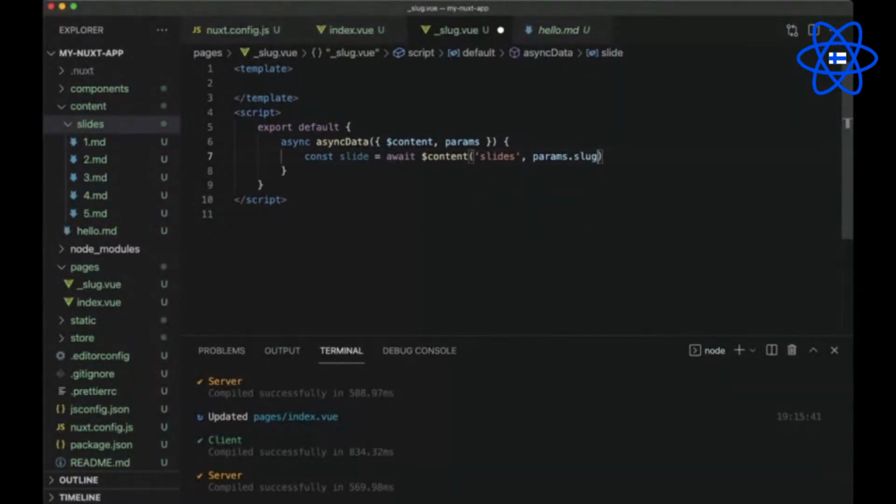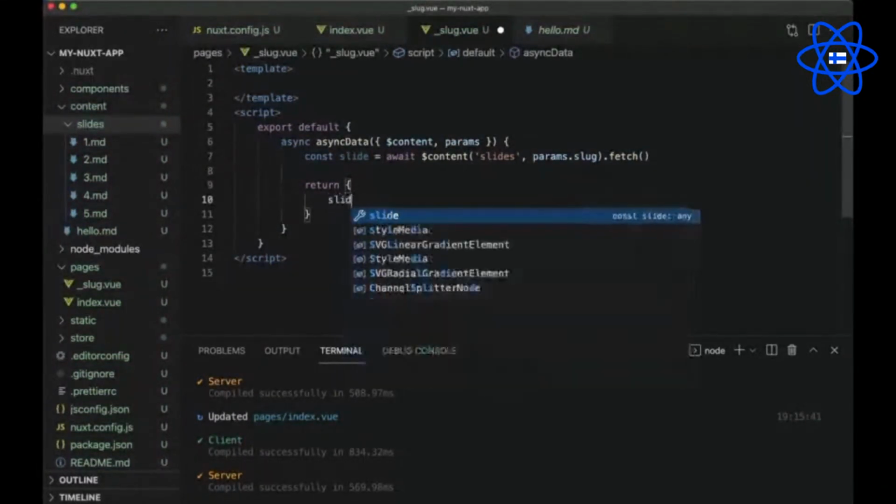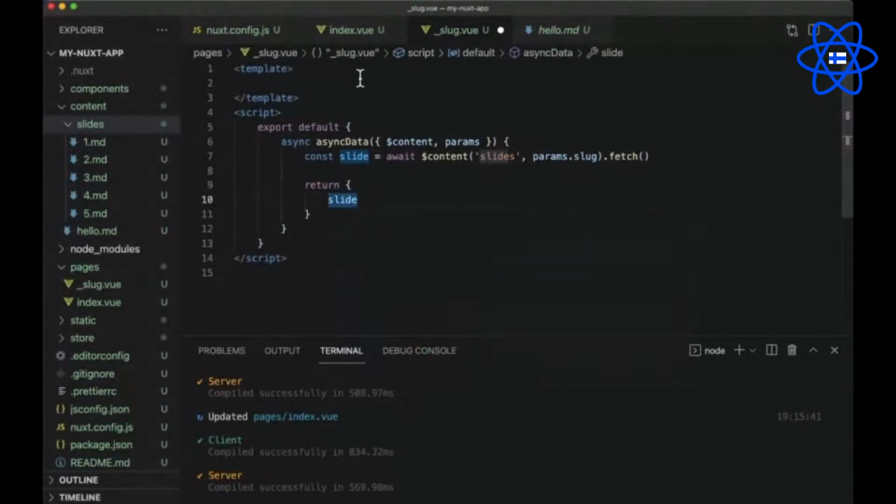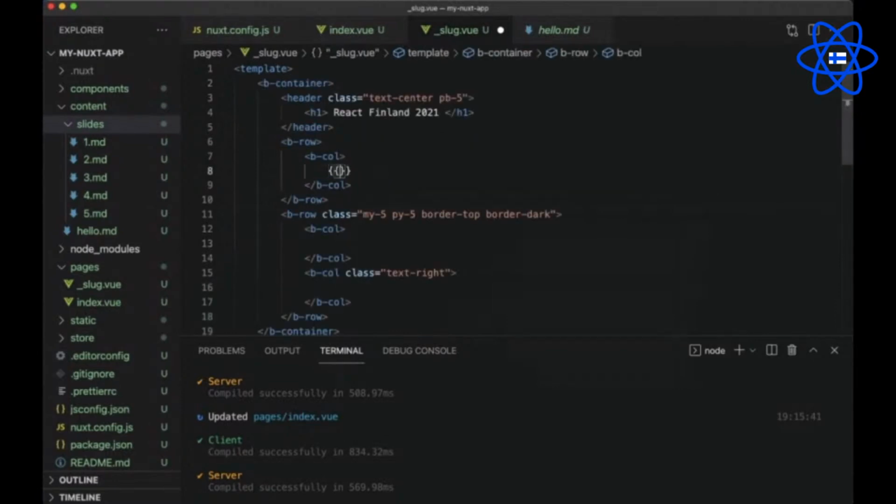That's how we can fetch the individual slide. And now simply return it, and it should be available for us to use in the template area. So let's add some Bootstrap markup. And here we can print our slide.